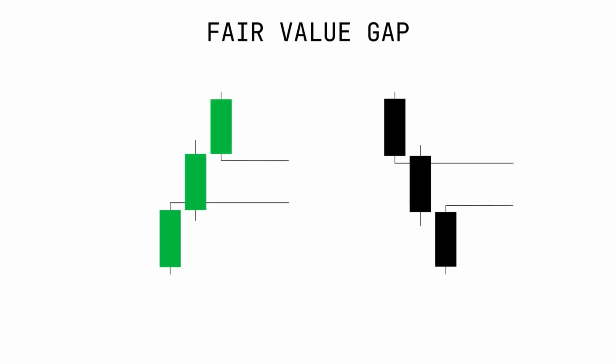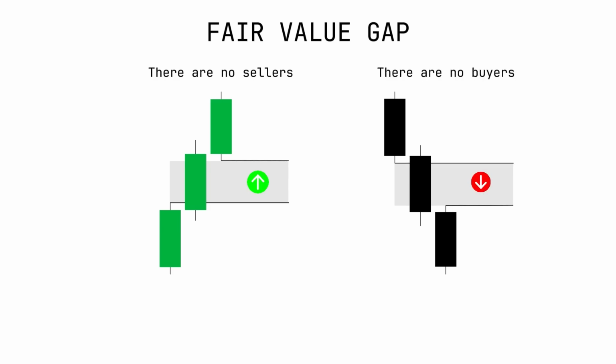When a bullish fair value gap forms on the chart, the range where the wicks of the candles do not overlap indicates a lack of participants who were ready to sell as much as buyers were ready to buy. In other words, there was not enough selling volume to absorb the buying volume, resulting in unfilled buy orders. Conversely, when a bearish fair value gap forms on the chart, it means there was not enough buying volume to absorb the selling volume in that range, leading to unfilled sell orders. This is the main reason why, when these zones are tested, the price often reacts and reverses in the opposite